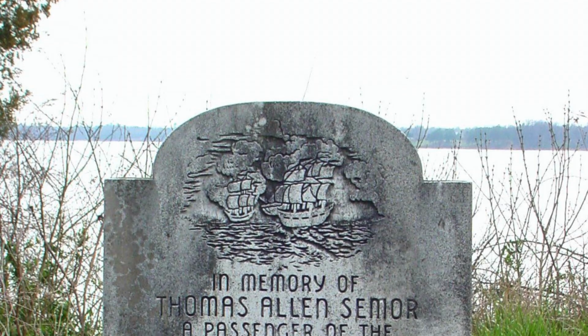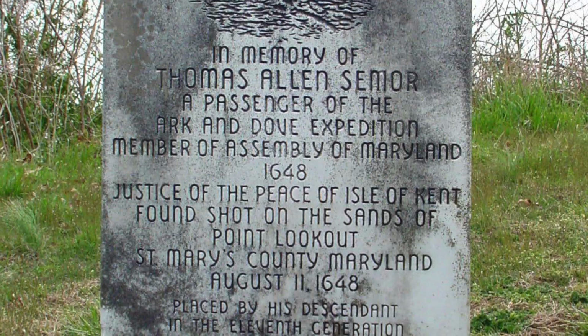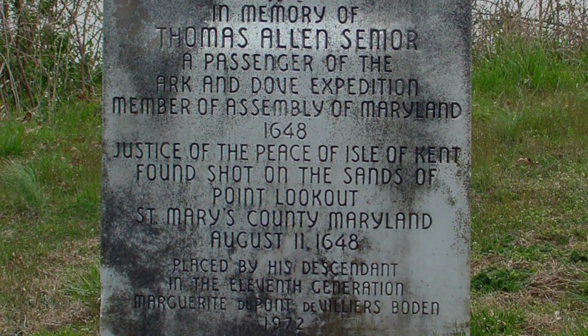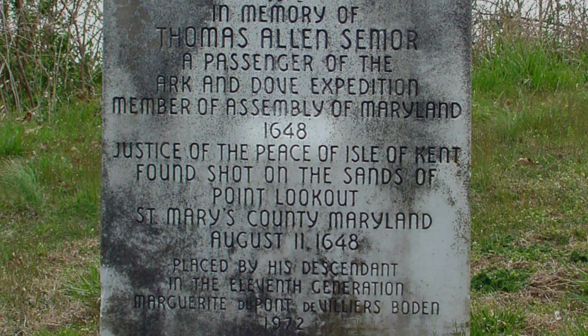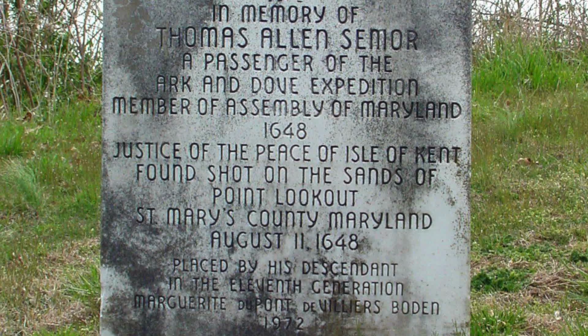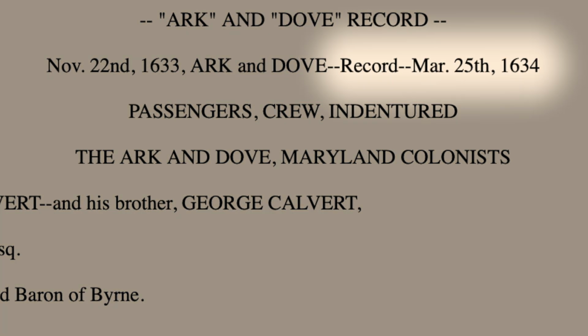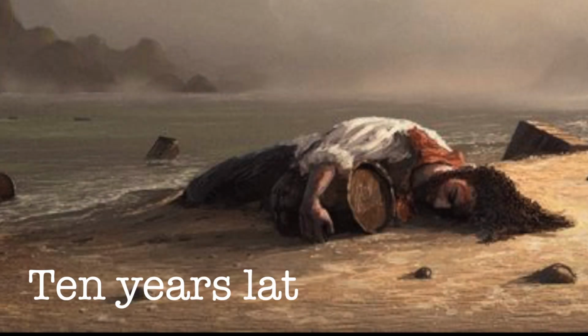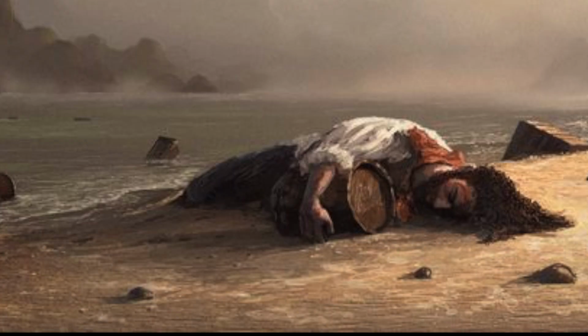Was this person taken off the boat and shot? Well, it appears this might be the case because Thos is short for Thomas Allen. And if you search Thomas Allen shot Point Lookout, there are a number of different records. In fact, we have a very similar record from 1648 about how he was shot 3 times on the sands of Point Lookout. But this is a different date. The date on the manifest with the ship's passengers is about 10 years earlier. I doubt his body would have been floating out in the ocean for 10 years and then actually made its way back onto shore. So, an interesting puzzle.